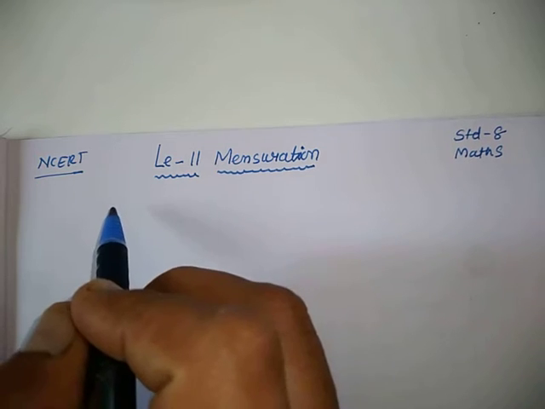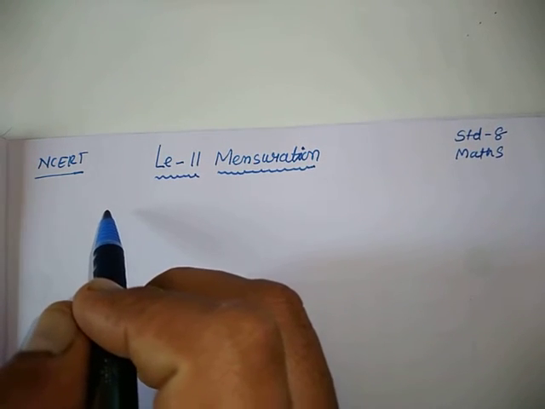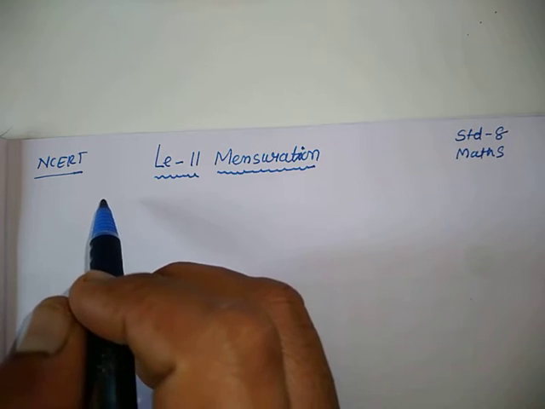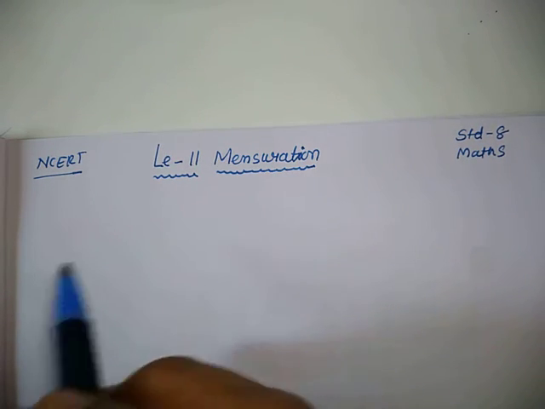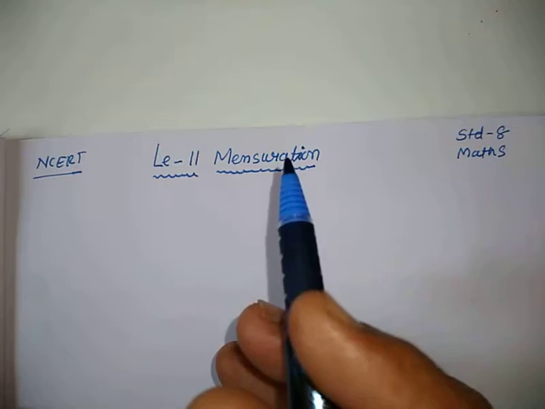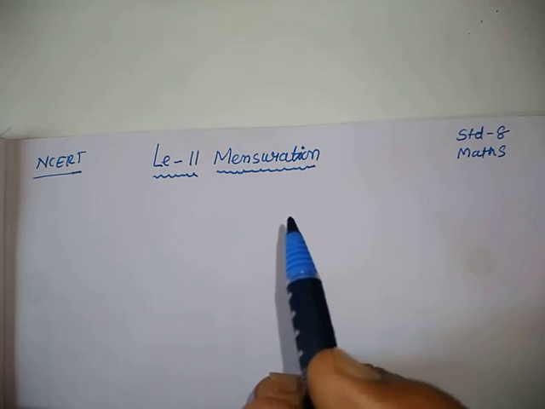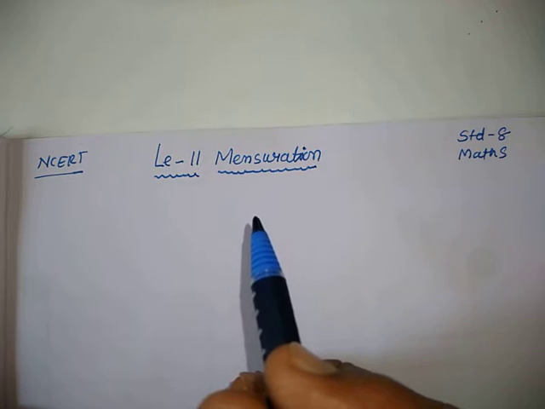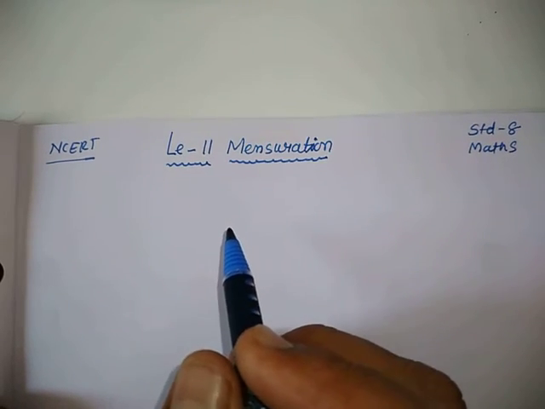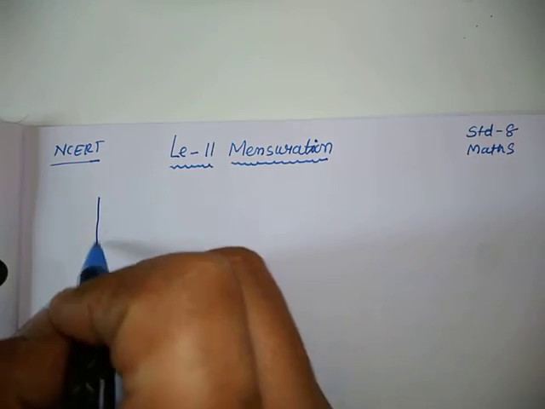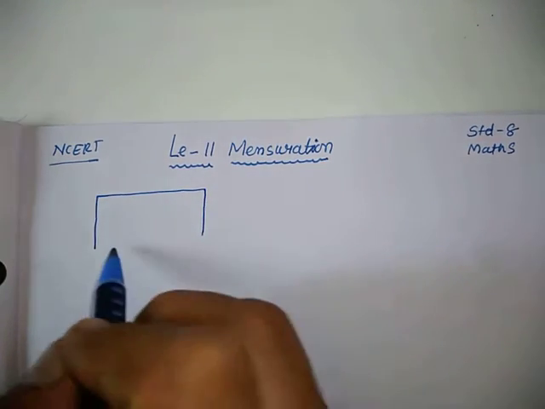So let us begin with the initial stage, what we have learned about shapes. First we will start with 2D shapes, perimeter of 2D shapes and area, and then we will proceed to the other, that is three-dimensional shapes. First of all, we start with a figure. You are familiar with it.